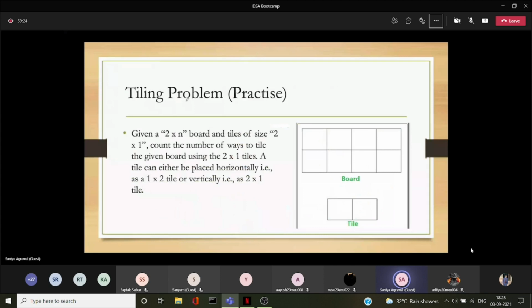So let's take another problem, the tiling problem. In this problem, we have a board and a tile. The board is of size 2 cross n. Rows are fixed. There will be two rows only, and the number of columns can vary up to n. And we have to fill this board with the help of tiles. Our tile is of size 2 cross 1,